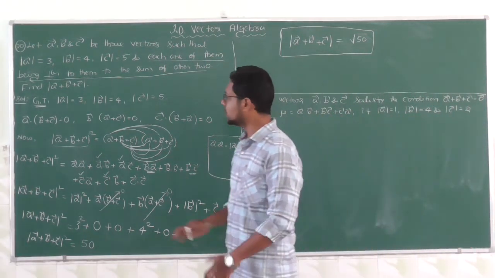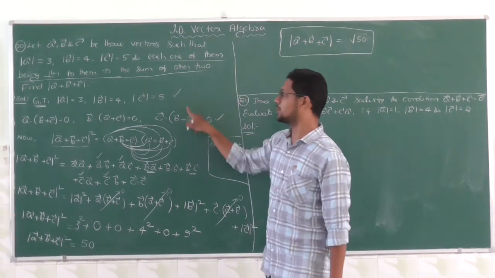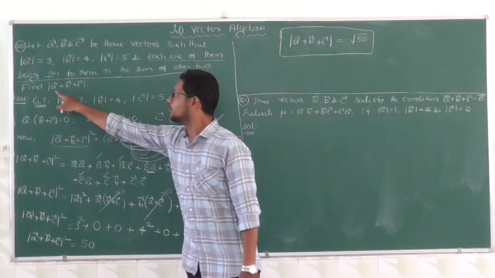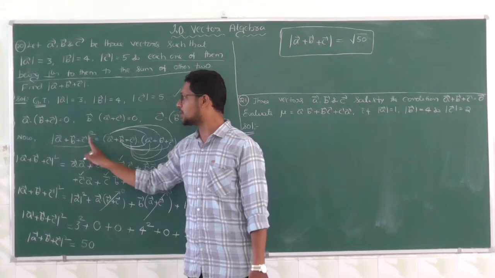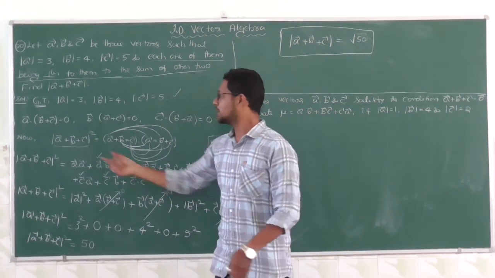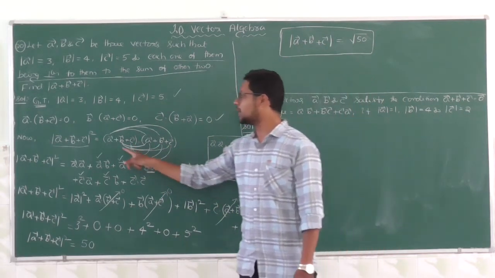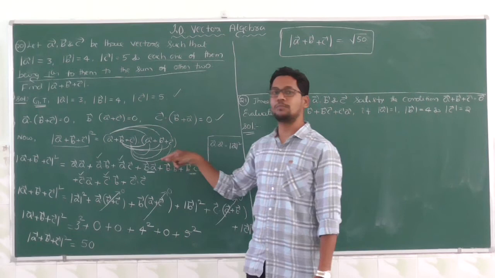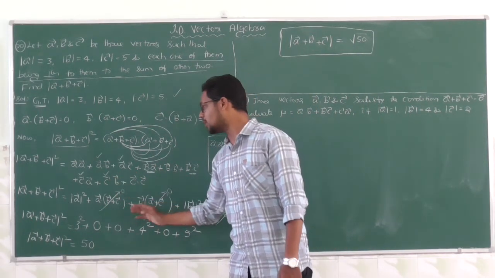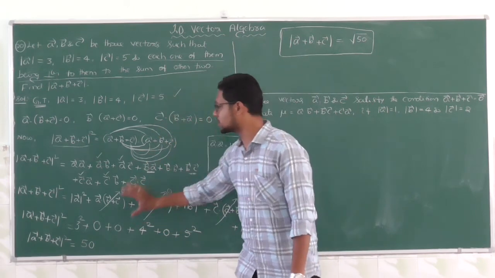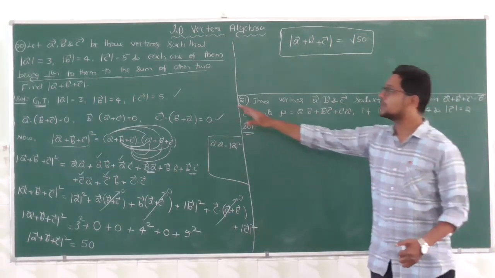Okay. Very simple thing it is. I just wrote the given things. These are the two given things. Next, for the magnitude of A plus B plus C, we don't have such a condition or formula. That's why I took the square. Okay. I expanded it like this by using this condition. After that, I multiplied with respect to the components. After that, I took common terms. After that, I substituted the given things in this. Finally, we will get the result. Hence, it is the problem.